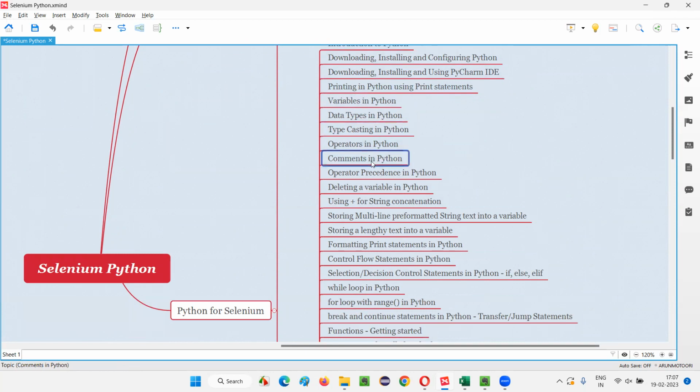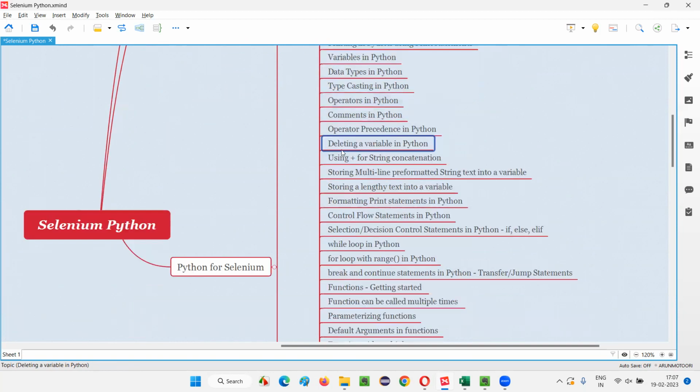Typecasting in Python, operators in Python, comments in Python, operator precedence in Python. Don't worry if you don't understand any of these terms, because I'm going to cover all these things in detail in the upcoming sessions. Deleting a variable in Python, step by step in a very easy, detailed and practical manner. I'm going to cover these topics for you, guys. Even though you are very new to Python, I'll start explaining from the ABCDs of Python, so you don't have to worry much. Using plus for string concatenation in Python, storing multi-line string text into a variable, then